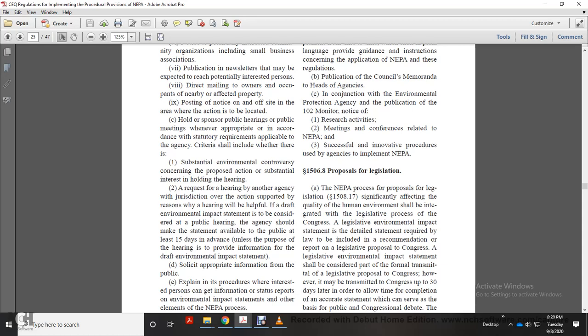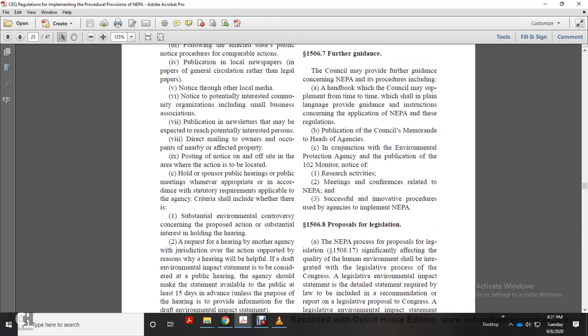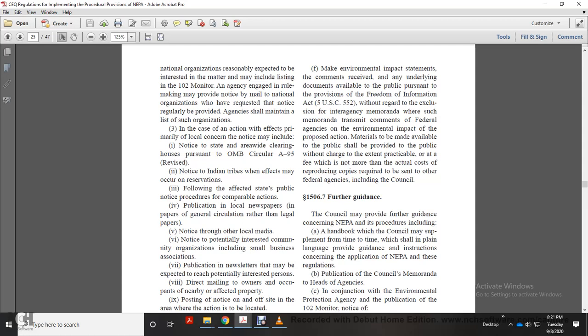The purpose of the hearing is to provide information on the draft environmental impact statement, solicit appropriate information from the public, and explain the procedure for how an interested person can get information, status reports, environmental impact statements, and other elements of the National Environmental Policy Act. Make environmental impact statements, the comments received, and underlying documents available to the public pursuant to